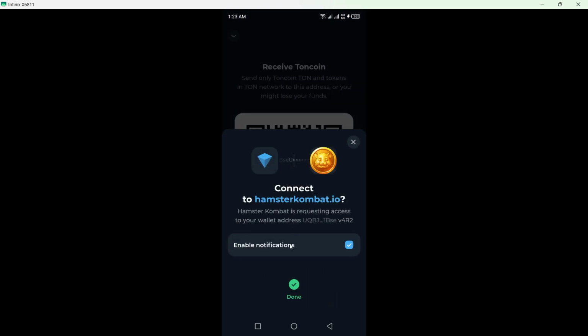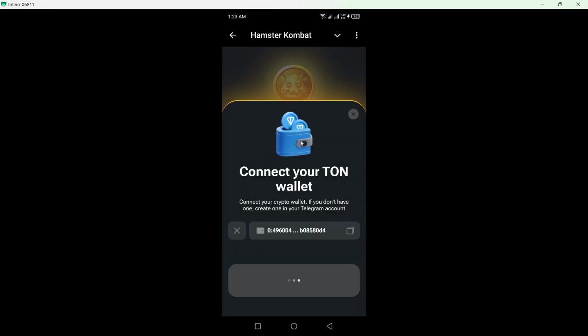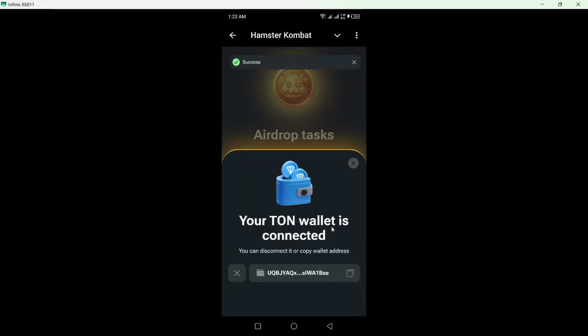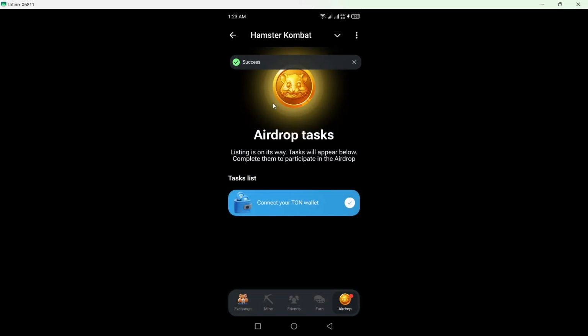So click here, enter your passcode. So I'm going to enter mine, and okay, and now both are connecting, and here you can see that your TON wallet is connected. So now my wallet is connected, and after some time here you can see an option